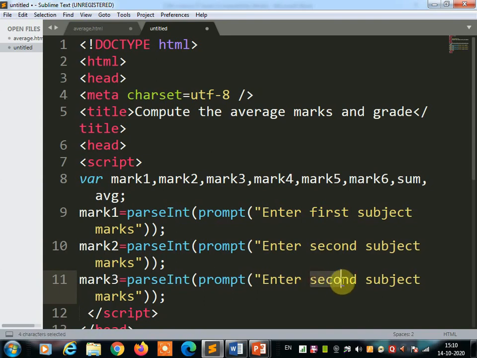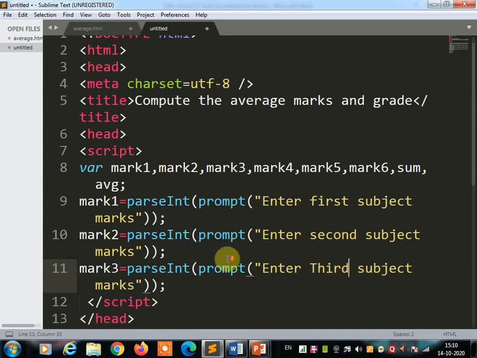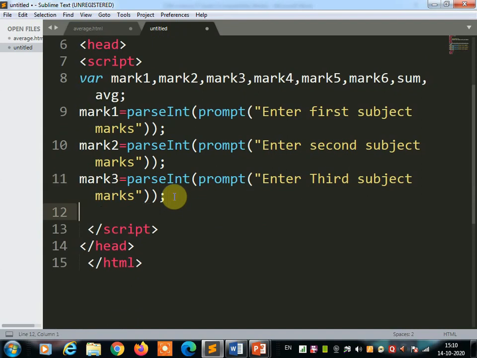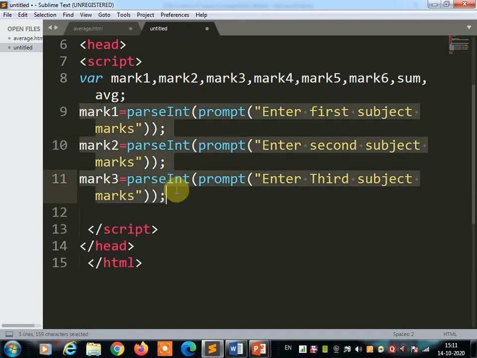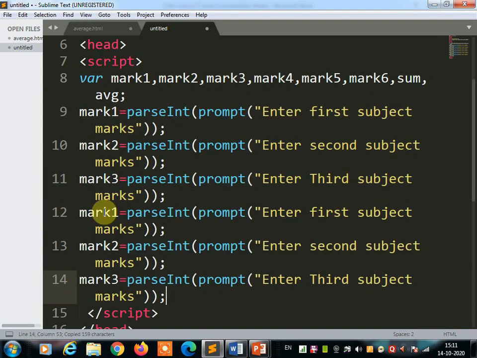So here make the changes, third subject mark. So like this 6 times you are going to copy. So I am going to copy all these 3 variables and paste over here and make the changes. Now this is the 4th one, 5th one, and the 6th one.